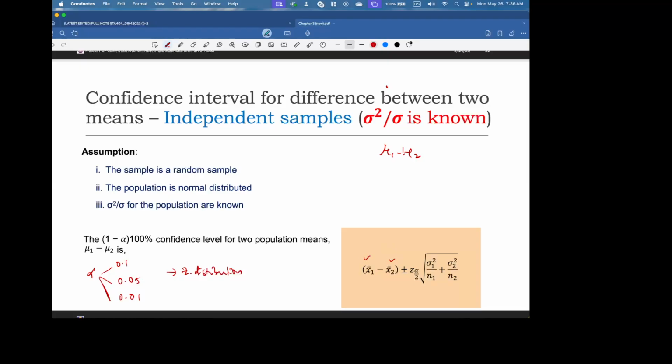The first group will have x bar 1, the second group will have x bar 2. And this particular value you need to find using the table. Also, since the variance is known, so we will transfer this into this